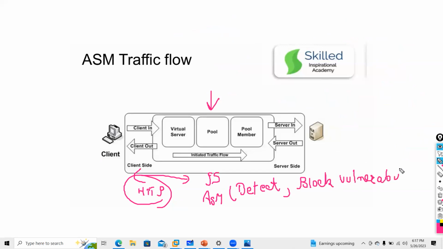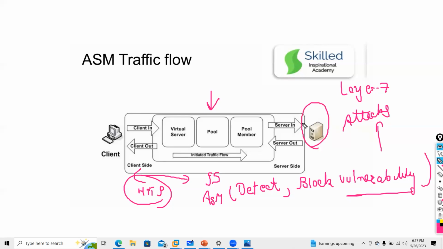Vulnerabilities are nothing but web application attacks. These are called your layer 7 attacks, which come in your application. I want to protect this server from layer 7 attacks,